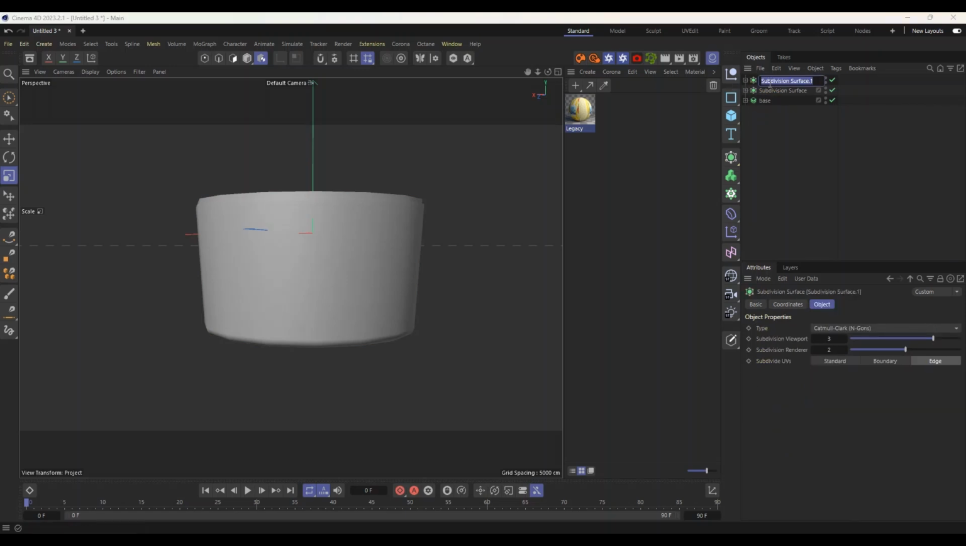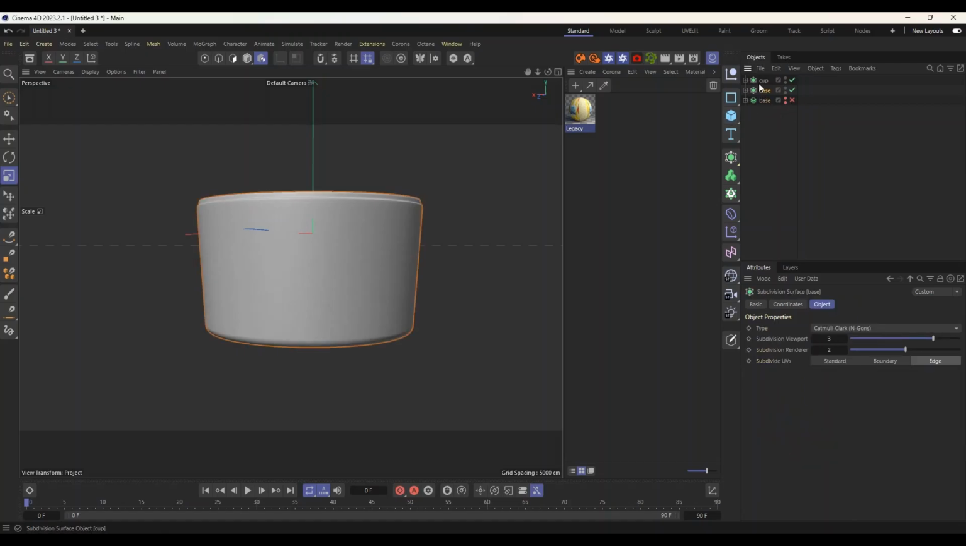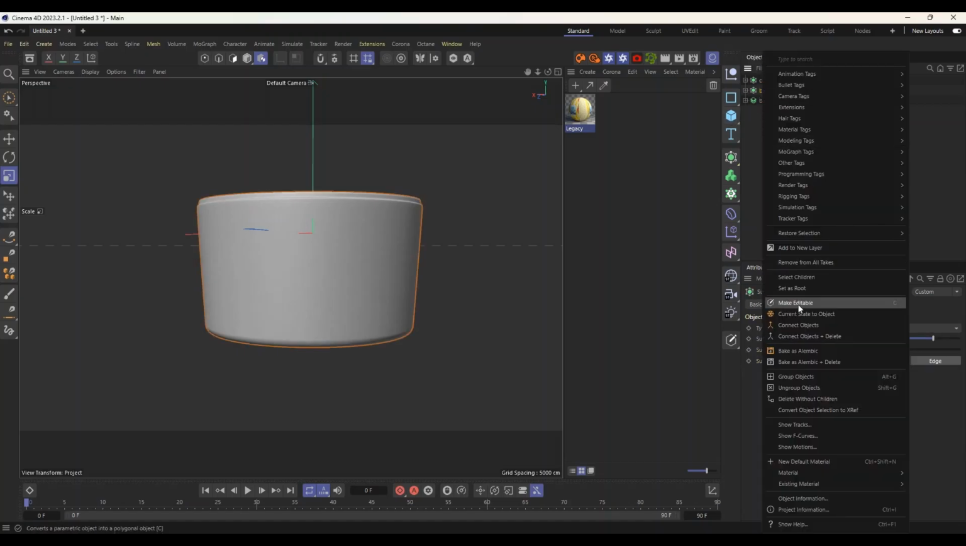So I'll name this cup, and I'll name this base. I'll drop this one into this. How many selections do I have? Okay. So now I'm going to make this one